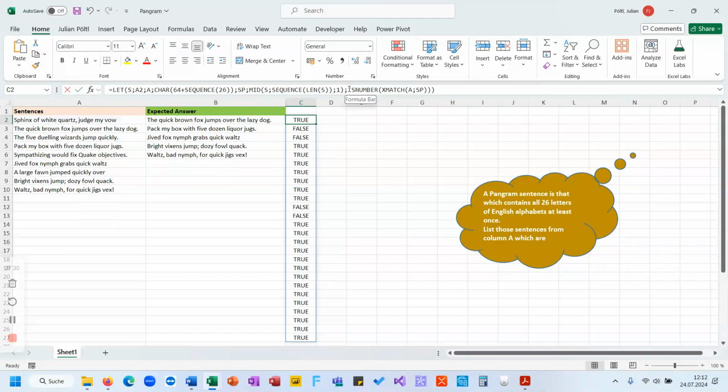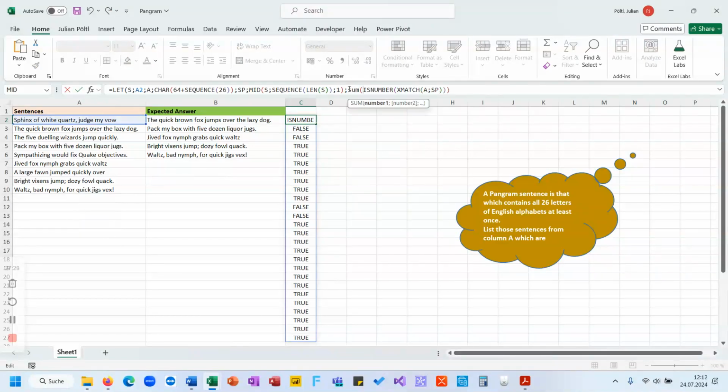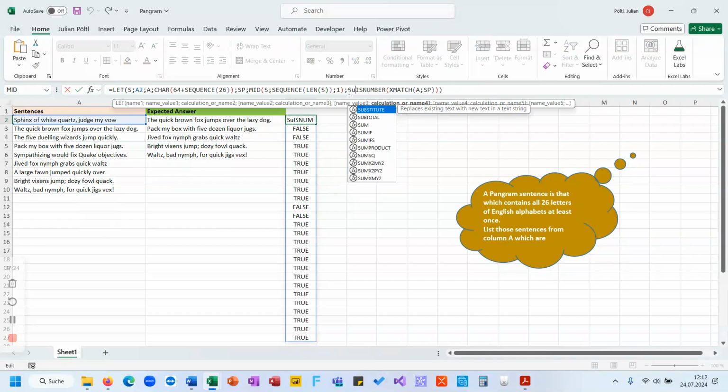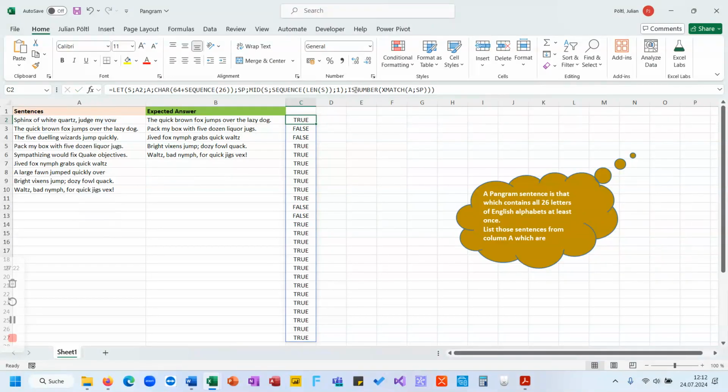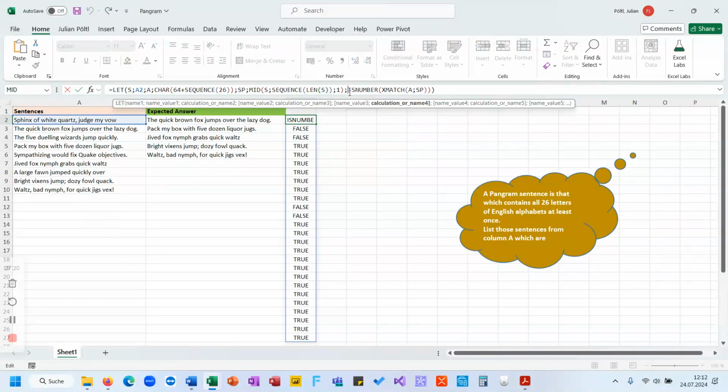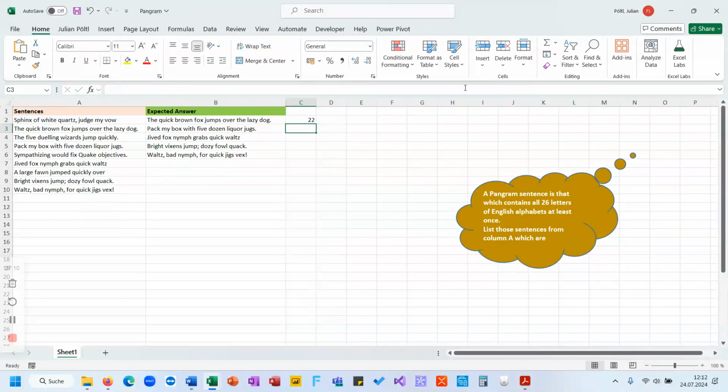And now we sum all those true false values up. So I did ISNUMBER, it checks if it's a number or an error in this case. Then we sum all of them up. With minus minus we convert the true false values to numbers, and we sum this up,